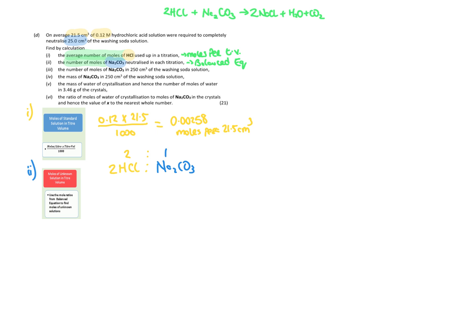So from my previous part, I have 0.00258 moles per 21.5 centimeters cubed of my HCl. So because it's 2:1, it must mean I have twice the amount of moles of HCl as I do Na2CO3. So that means I will be dividing this concentration by 2. So I will get